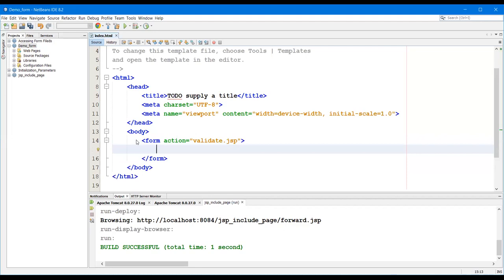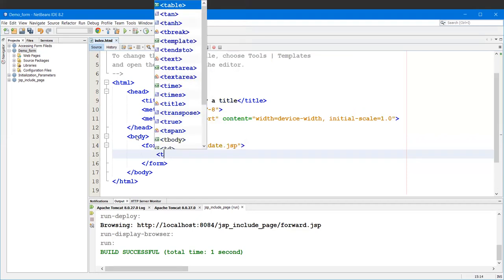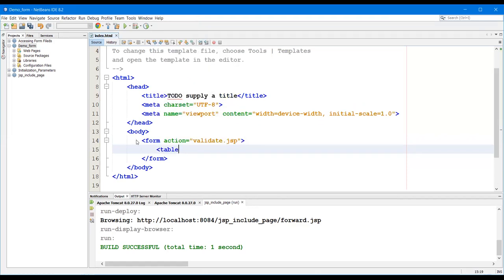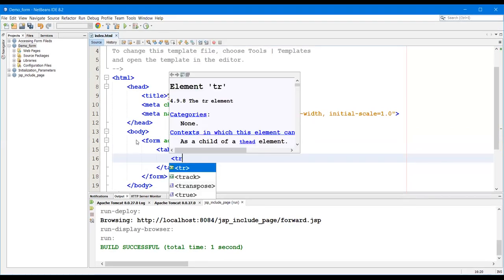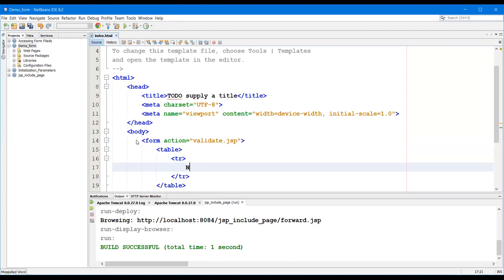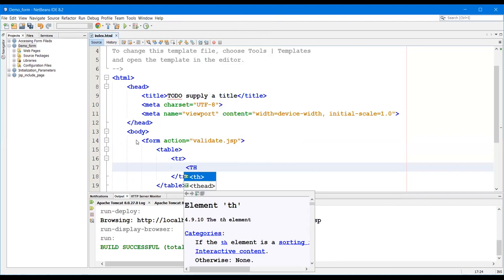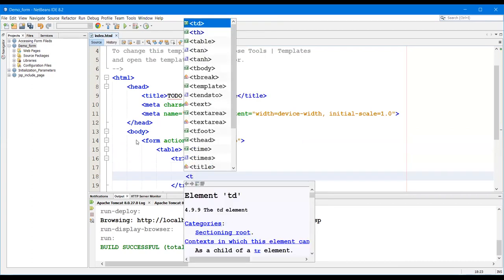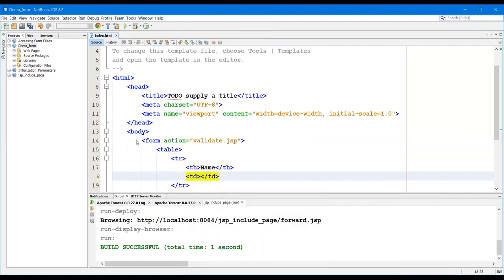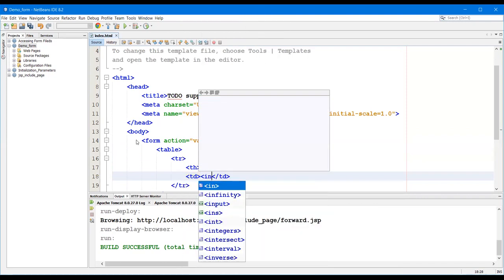What are the fields we need? We are going to create a table for our better visualization only. A table row, inside the table row, table data, that is table header, name, and table data, input.